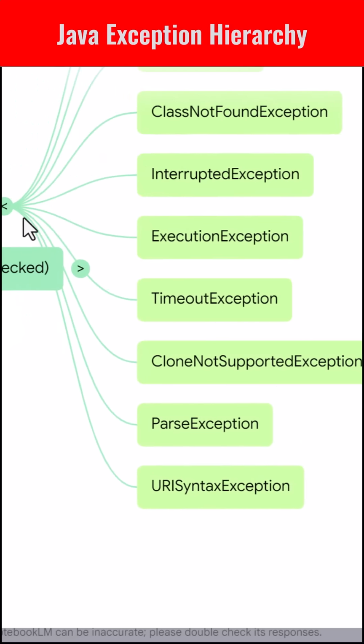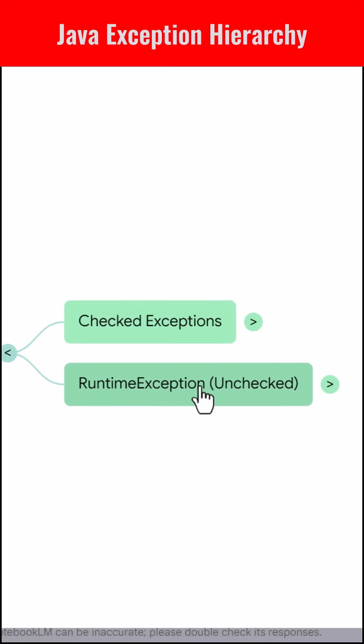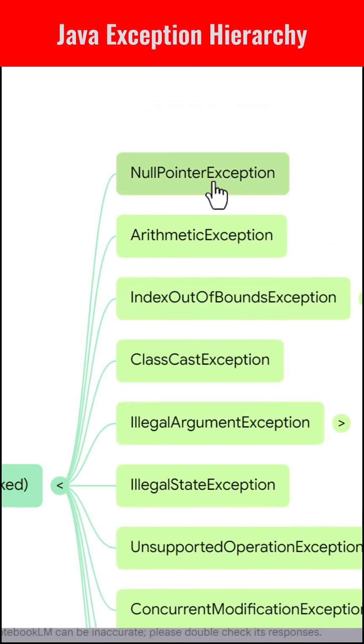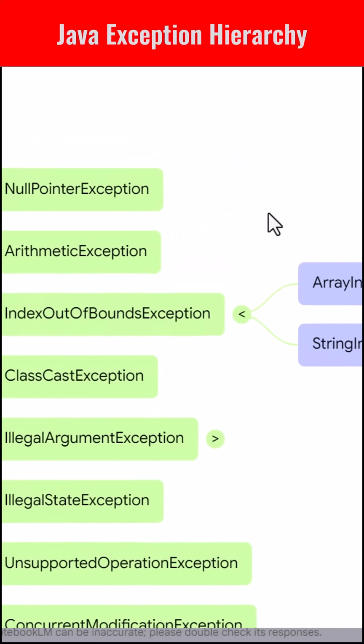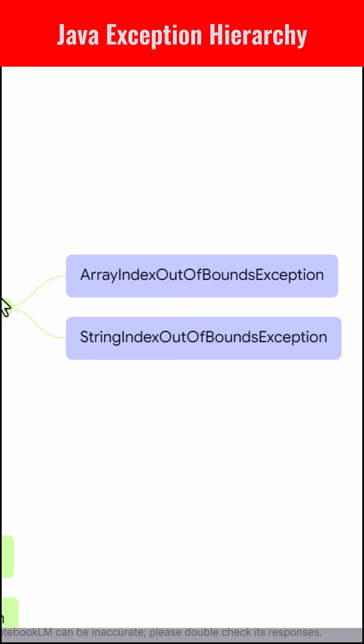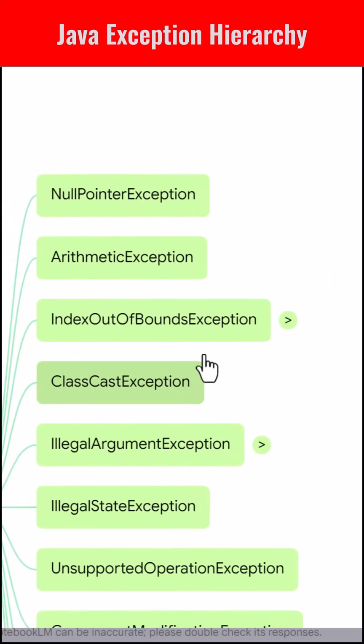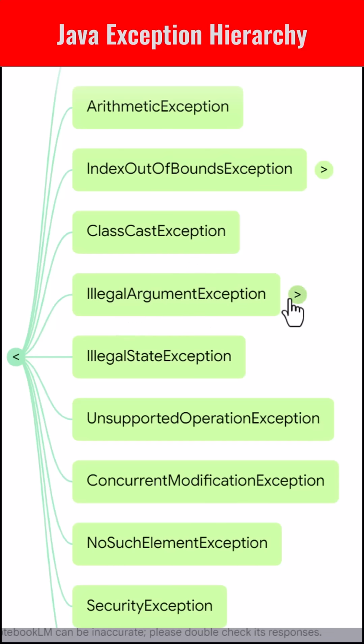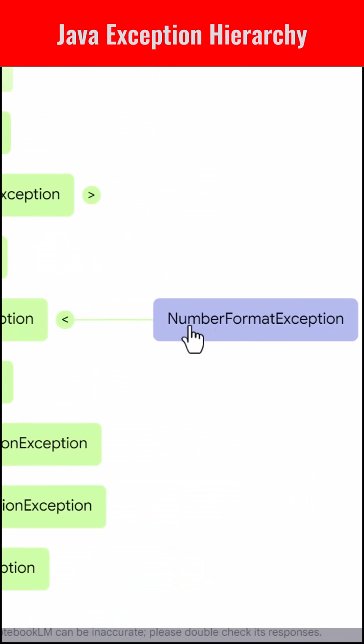Next we have unchecked exceptions. Unchecked exceptions do not require try-catch. These represent programming mistakes. The most common ones are NullPointerException, ArithmeticException like divide by 0, and IndexOutOfBoundsException with ArrayIndexOutOfBoundsException and StringIndexOutOfBoundsException for invalid indexing. We also have ClassCastException for invalid casting, IllegalArgumentException with NumberFormatException for bad input,